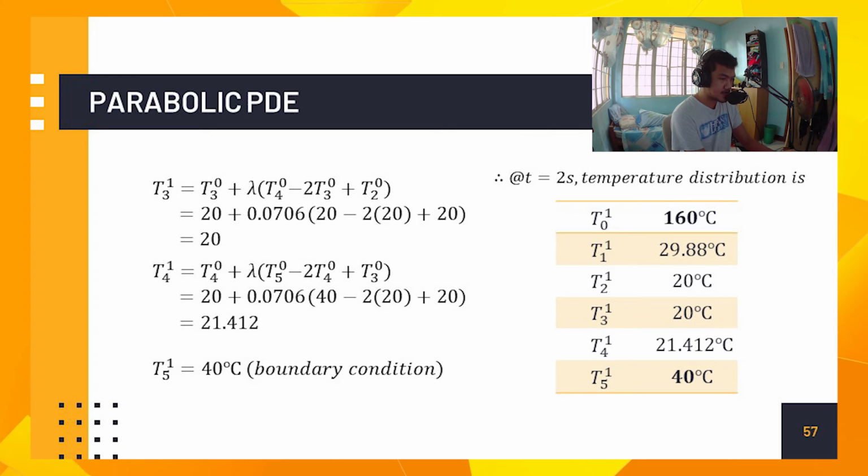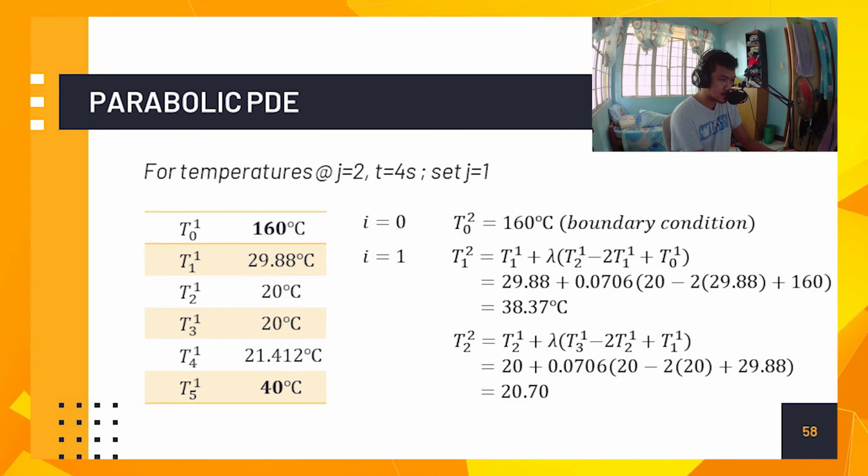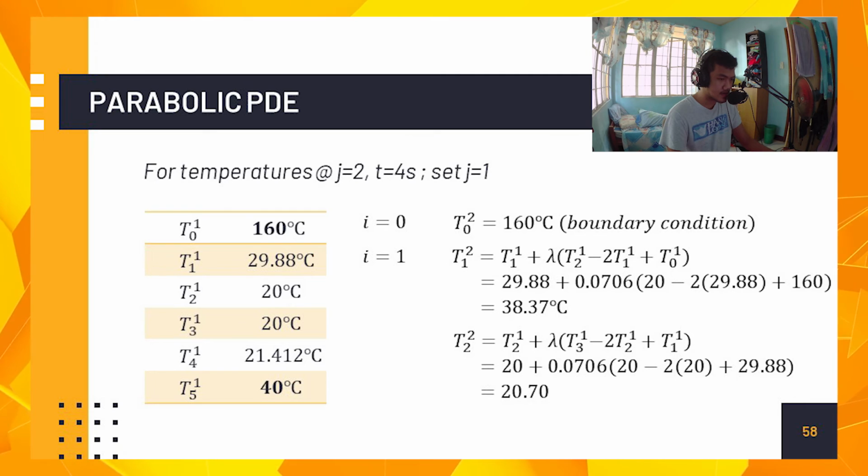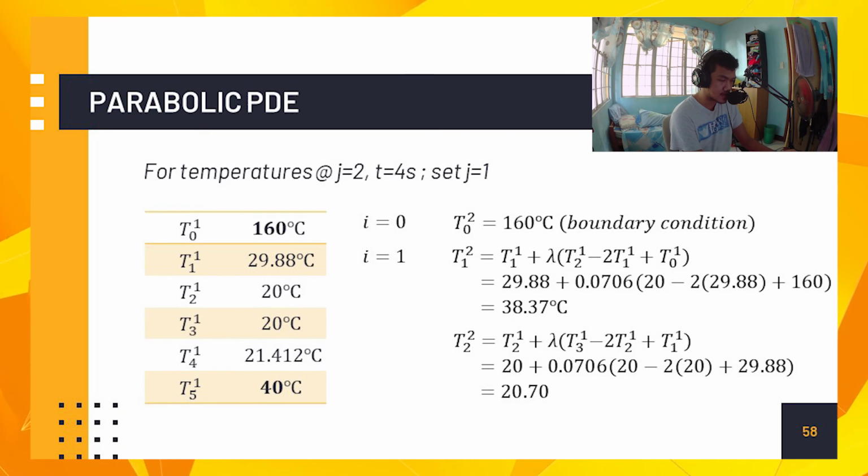So for the temperatures at J equals 2, T equals 4 seconds, we will set J equal to 1. For I equals 0, T sub 0 raised to 2 is equal to 160 degrees Celsius, which is again our boundary condition. For I equals 1, we have T sub 1 raised to 2 is equal